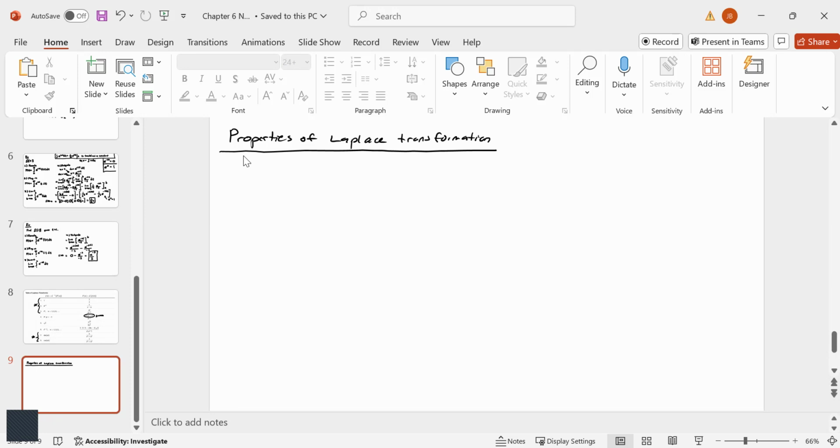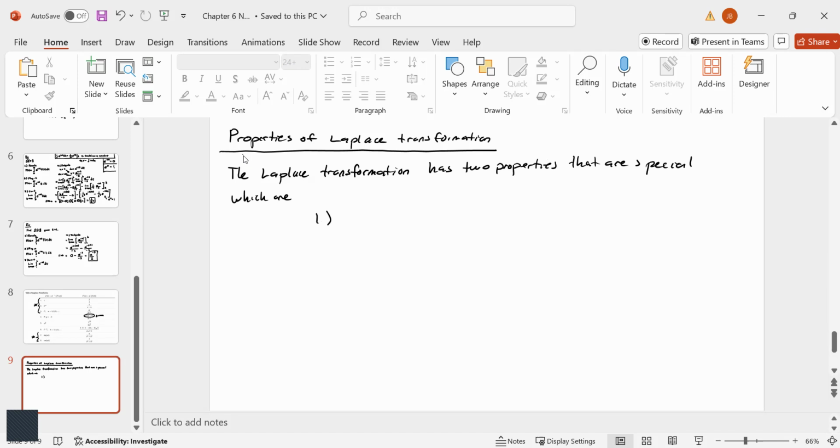And the reason that we're able to do this in a very nice way is the idea of linear transformation. So the Laplace transformation has two properties that are special, which are